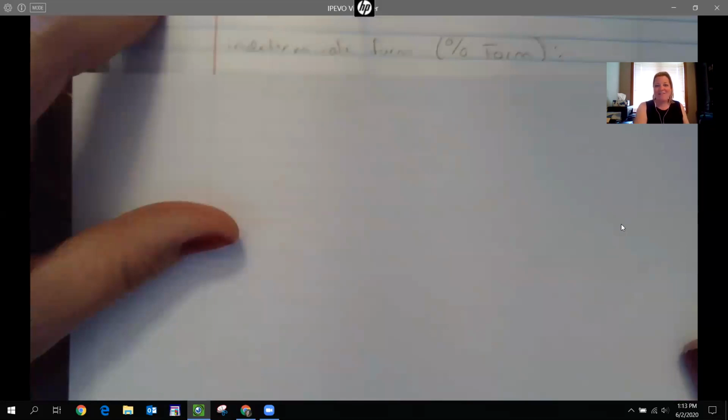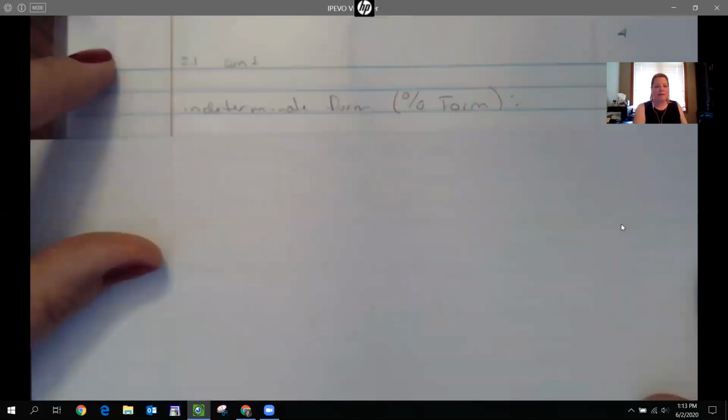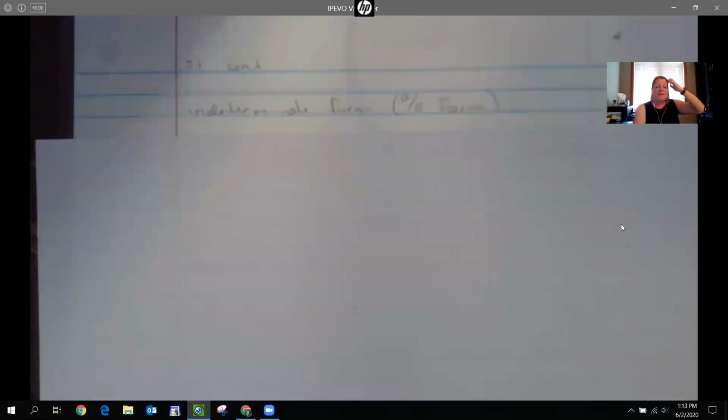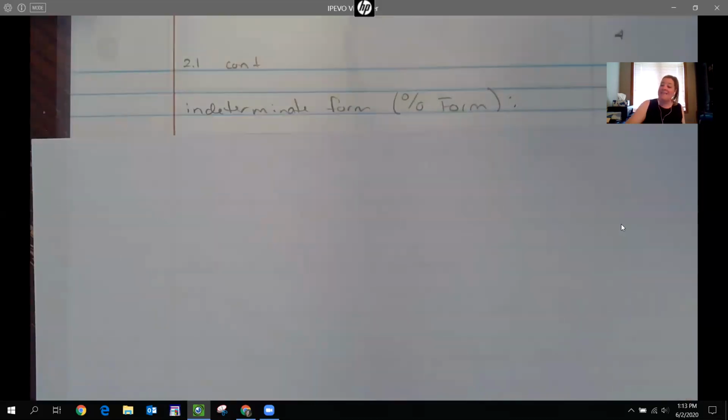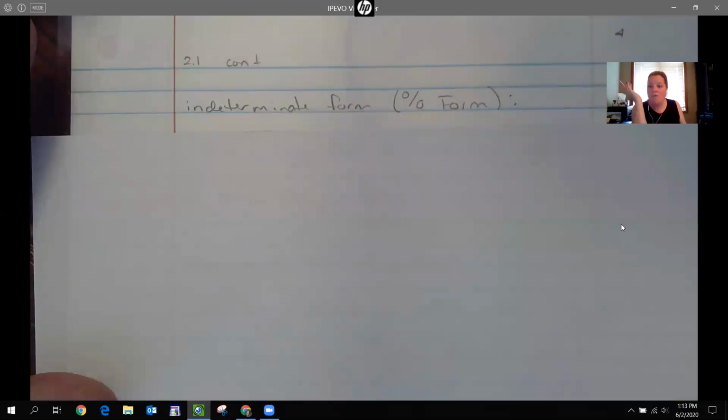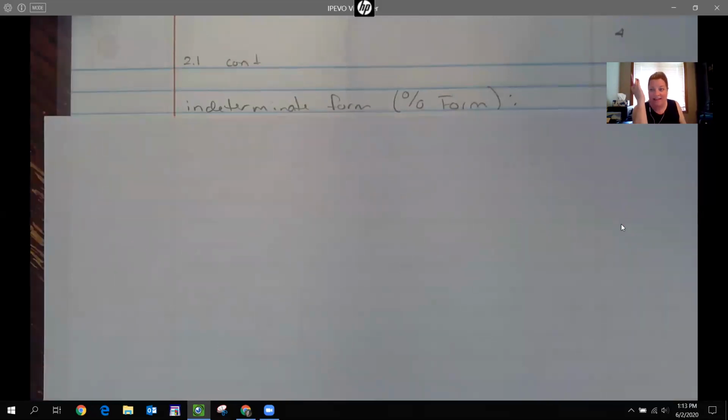Okay, so the next kind of idea is, what if I have a 0? Let me see if I can get that a little better. This is called indeterminate form, and this is the form of 0 over 0. Okay, if I have something like 2 over 0, it's undefined, like it can't be solved. But in limits, if I have an indeterminate form, it's just what it means, indeterminate. So you can't